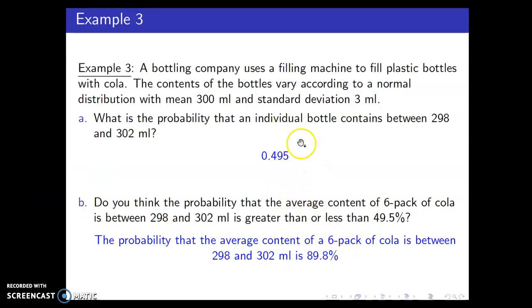And the way I think about this is, say the filling machine messes up on a bottle and fills it up too much or too little. Well, that can happen. So there's a 50% chance that the bottle contains not enough or too much cola. But if the contents really are normally distributed with this mean and this standard deviation, the spread, the odds that the machine overfills or underfills on a 6-pack of cola is much less. It's much more likely